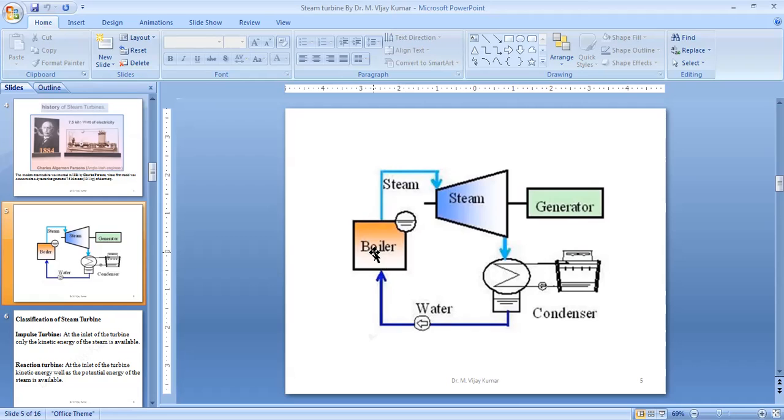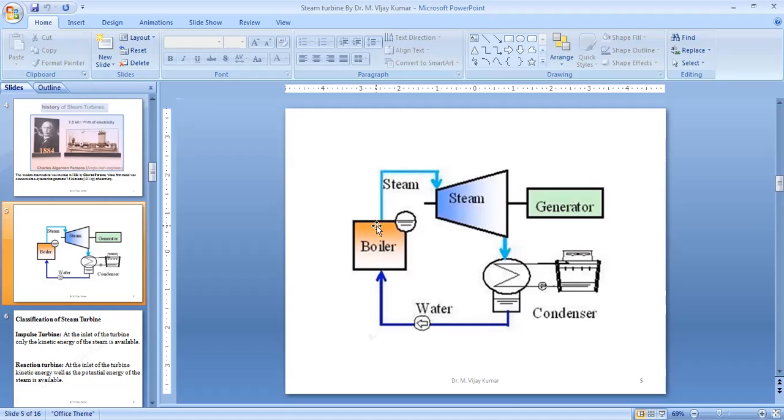So how is that water getting converted into steam? We need to supply energy to the water, which means we need to give heat to the water. So what will happen when we supply the energy to the water? The water will get converted into steam. It means that a phase change takes place here. Okay, the water will get converted into steam.